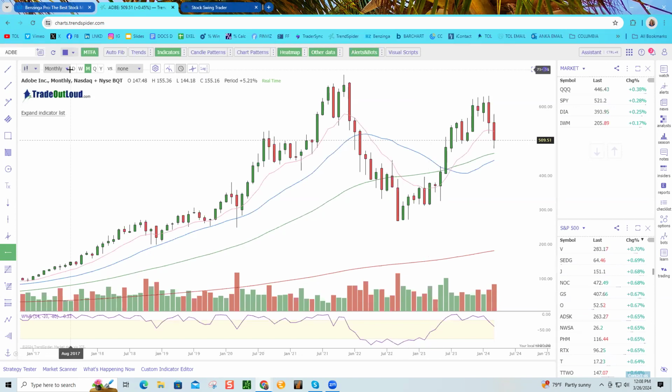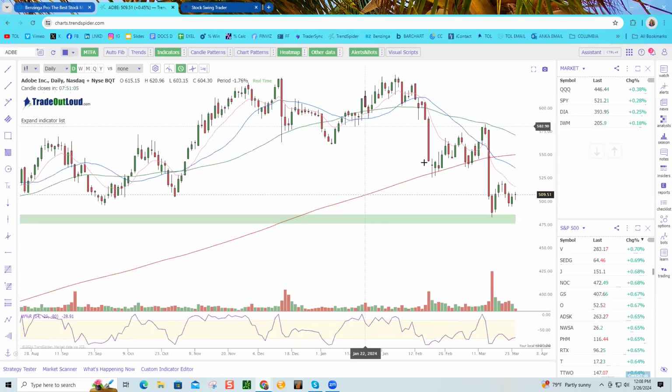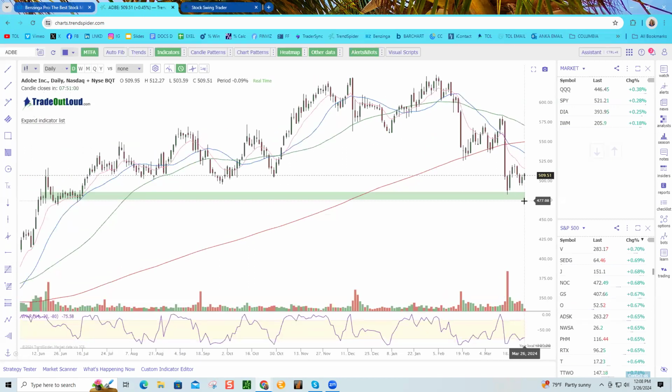The only way, if you really insist on trading it and that's your plan to buy it, or if you're already in, make sure that I would definitely have a hard stop somewhere below 470. And I would just have a lot of patience for the price action to start digesting and start punching through these moving averages, and actually see the candlesticks close above those moving averages. Other than that,